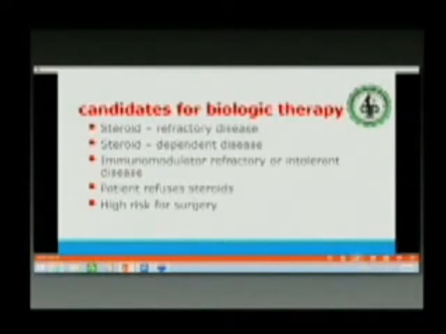Now, who are the candidates for biologic therapy? There are several classes of drugs that we use in inflammatory bowel disease. You have, of course, your 5-ASAs, your steroids, immunomodulator therapy, and now your biologic therapy. Traditionally, we use biologic therapy for steroid-refractory disease or for patients who are refractory to, or, for example, may refuse,